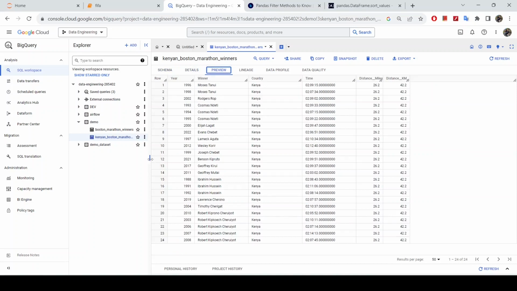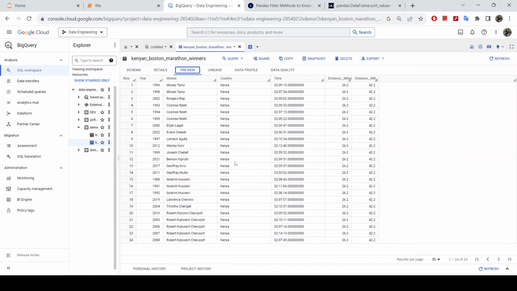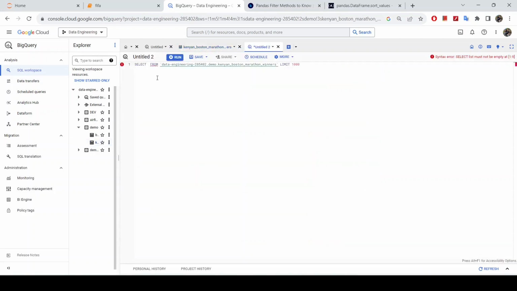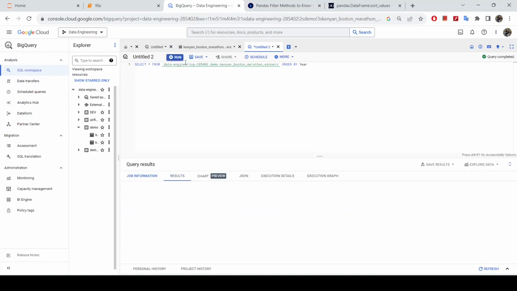Take note that it's not really sorted here, but you can write a query from here, for example, to query this and order by year,